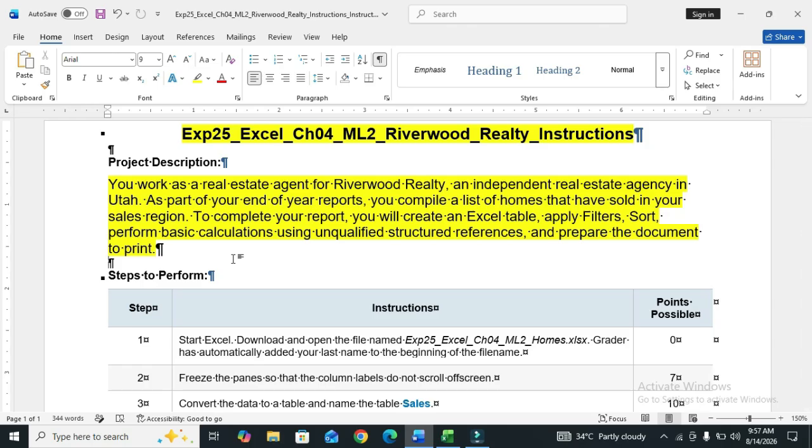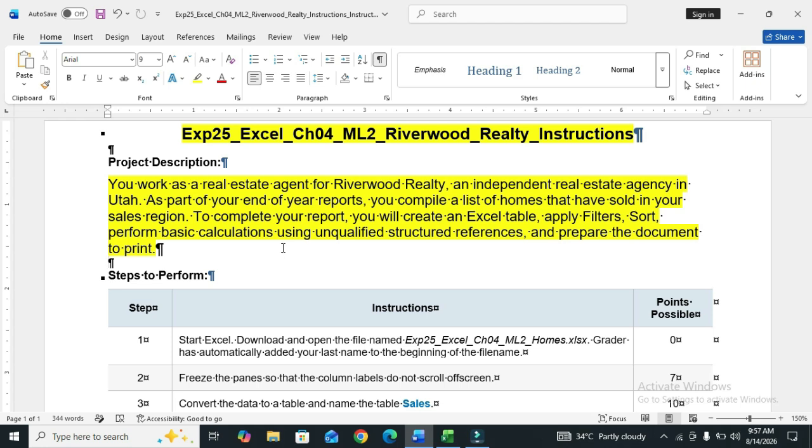Project description. You work as a real estate agent at Riverwood Realty, an independent real estate agency in York. As part of your end-of-year reports, you compile a list of homes that have sold in your sales region.